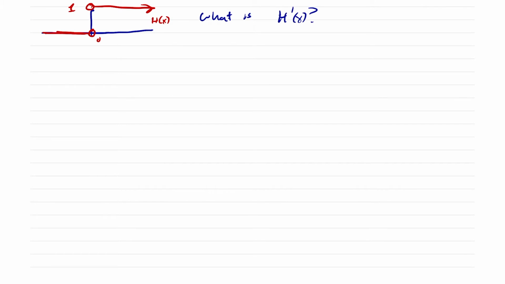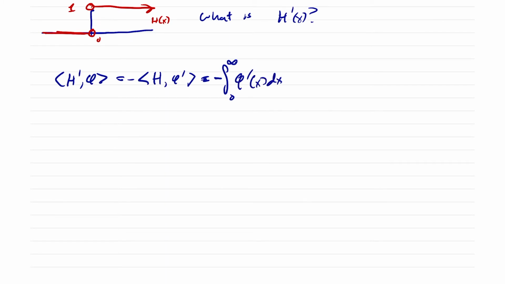Basically, we're taking a look at h prime against phi, and that should be minus h against phi prime. So if we take the negative of the integral from 0 to infinity of phi prime of x dx, that is in fact what it gives us. We can rewrite this as the limit as n goes to infinity of the integral from 0 to n of phi prime of x dx, and then we can use a little bit of the fundamental theorem of calculus, and we get